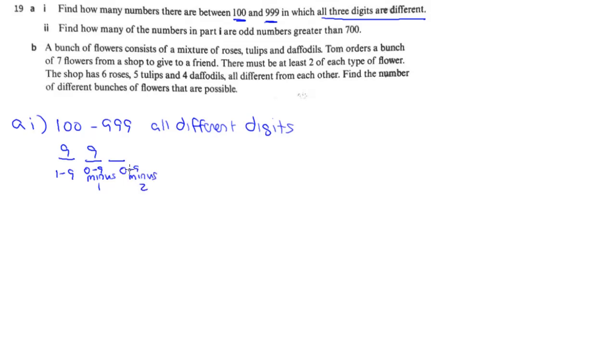Because again, I could have used 0 through 9, but I've already used up 2 numbers. I've only got 8 left. So when I multiply those together, I get 648 different numbers. Now in part 2, what they want to know is how many of those numbers are going to be odd